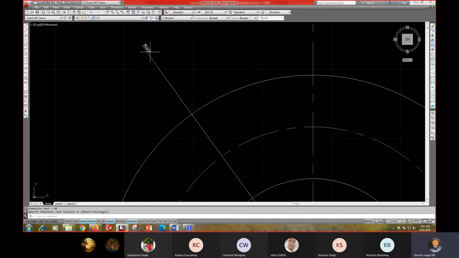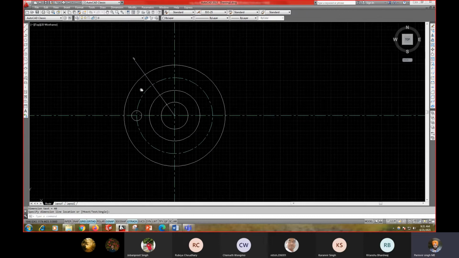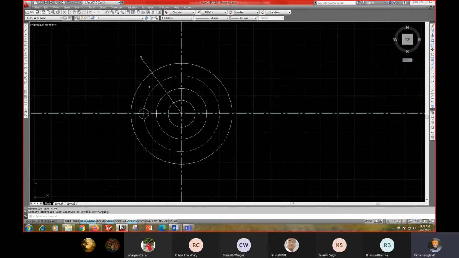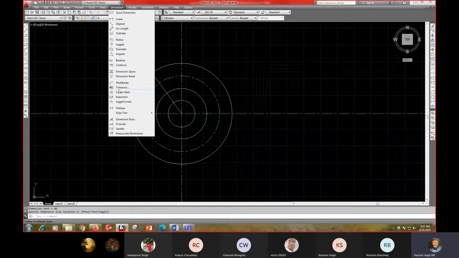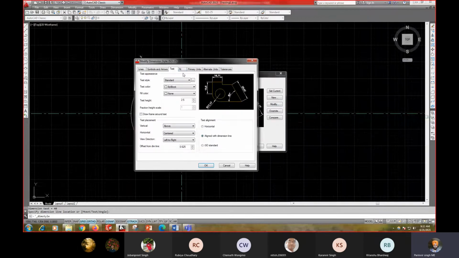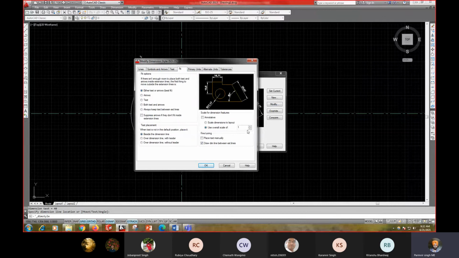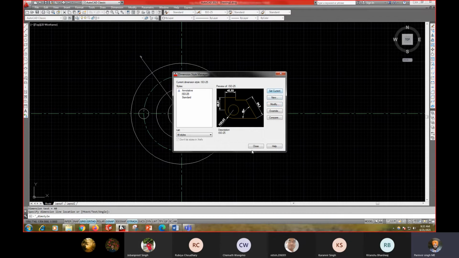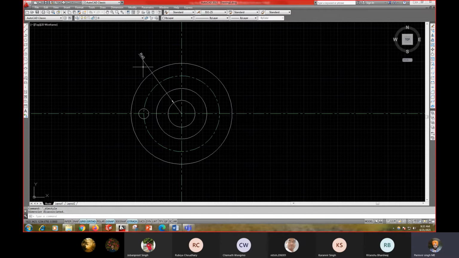So define the radius. So here you can see the smaller size of your dimension. So I have to increase the dimension size. Go to dimension style, go to modify, then go to fit, use overall scale, increase the use overall scale. Okay, so I increase it by 3. Okay, then press OK, then set current, then close it. Now you can see a radius of circle 40 mm now clear.